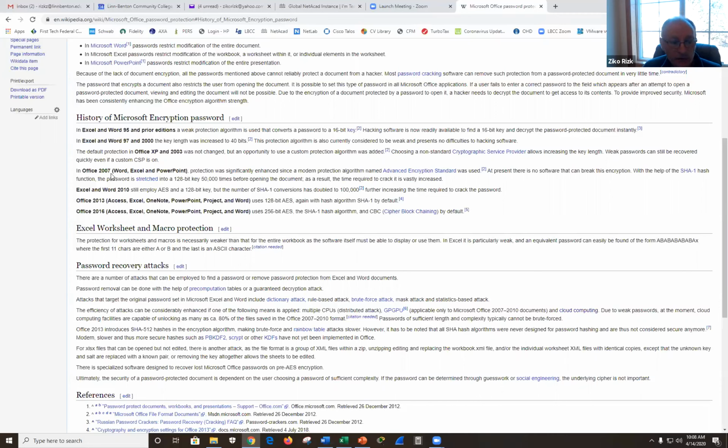And then if we were to jump to 2007, okay, they use a 128-bit key, which is pretty good. That's decent. Okay, but in 2020, not too decent, but a decent key. And then if we are to look at Office 2016, they're using a 256-bit key. 2 to the power 256, it's a very, very, very large number.